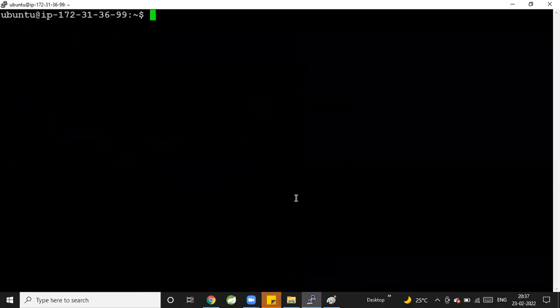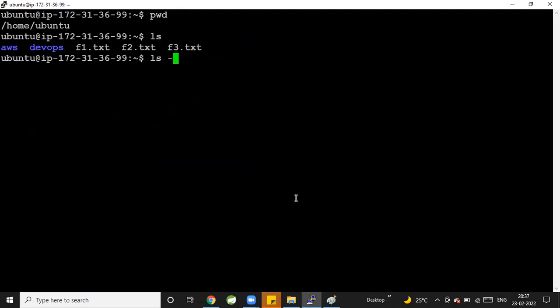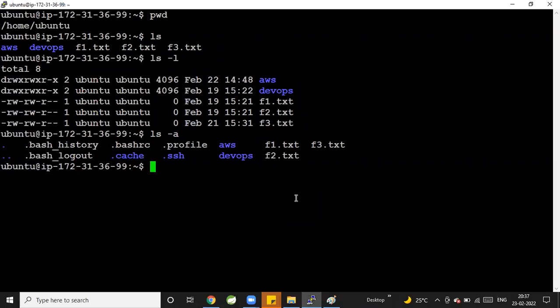Now, check it. Currently, we are in which directory? The Ubuntu directory. The ls command displays the files in alphabetical order. Let's list the files with long listing, ls -l. How many files are there in the Ubuntu directory? There are 5 files available. So, do we have only 5 files? We have some hidden files also. How can we see the hidden files? ls -a,